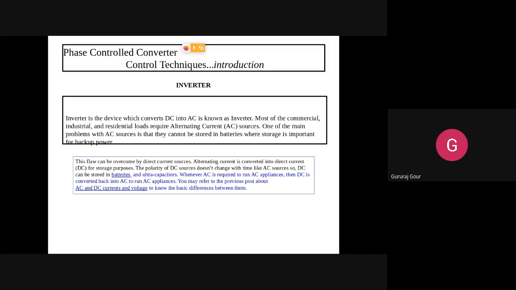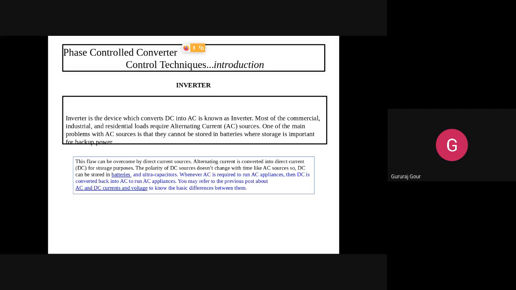So what do you mean by inverter? How is it different from the rectifier, if you want, you can tell, or why exactly it is required. Because normally we are using AC supply, maybe for industrial, residential or commercial purpose, but this DC to AC conversion is required, since we will be having DC.